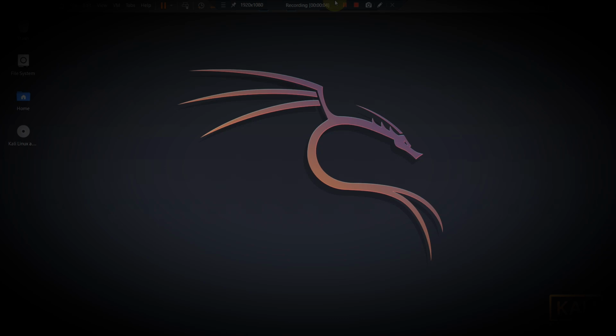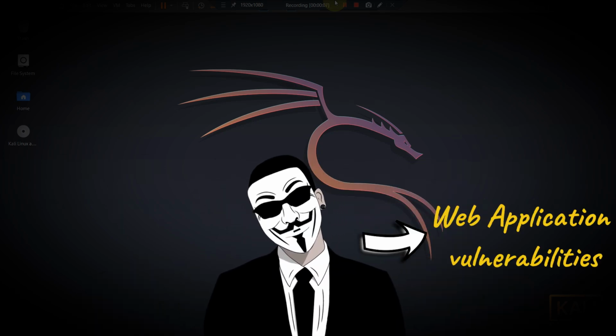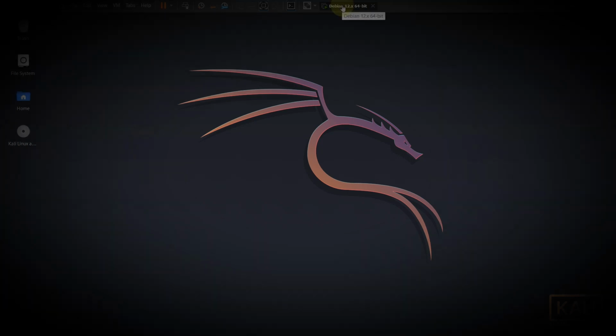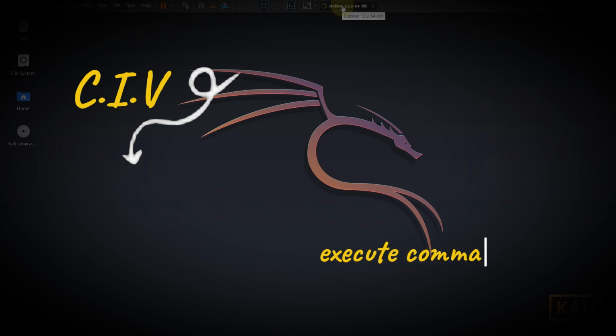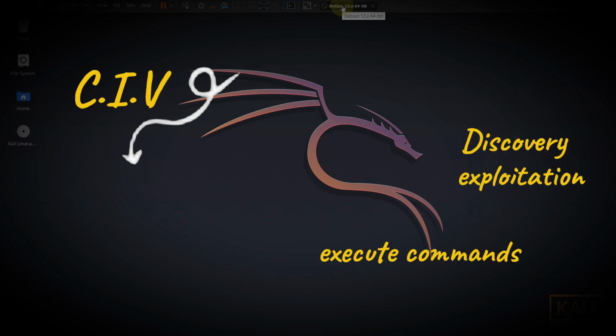Have you ever wondered how attackers exploit web application vulnerabilities? Today, we're diving in. Now, command injection vulnerabilities allow attackers to execute arbitrary commands on a server, potentially leading to a full system compromise. Now, Commix automates the discovery and exploitation of these vulnerabilities, making it an essential tool for